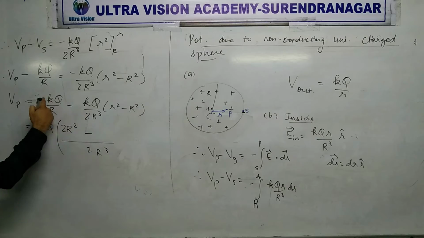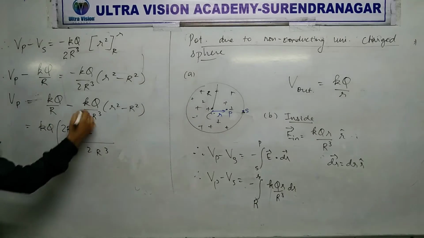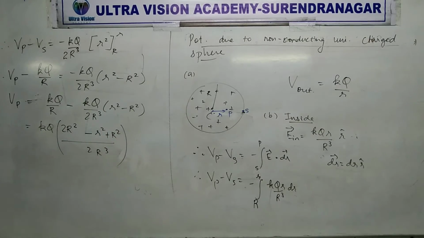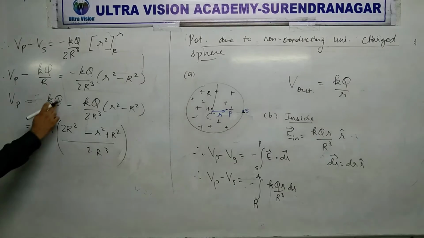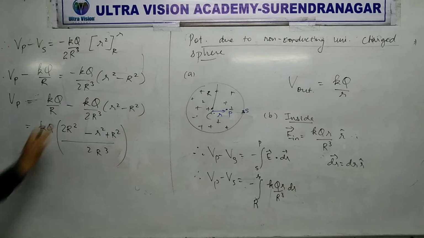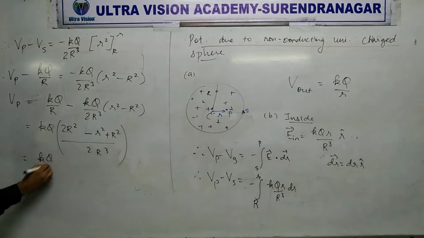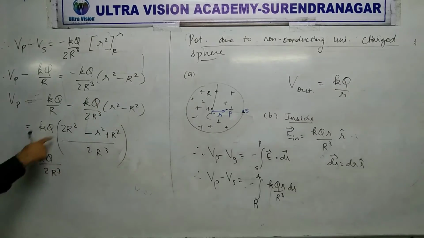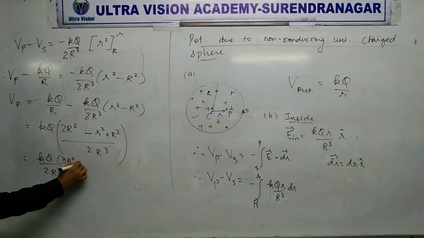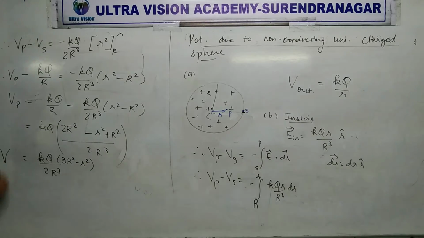Minus, here we took the LCM, so 2R squared came, minus kq, R squared minus minus plus R squared. Got that, clear or not? kq common, 1 came, here we have 2R squared missing. So this is equal to kq by 2R cube, capital R over here, what do we get? 3R squared minus small r squared. So this is the formula of potential inside the